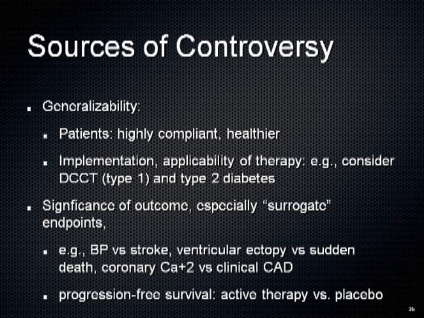The significance of the outcome, particularly surrogate endpoints. Everybody's impatient to get an answer. Therefore, we take shortcuts. The shortcuts use surrogate endpoints. The surrogate endpoints don't always work. For example, using control of blood pressure versus stroke. We're not doing it to control blood pressure. We're doing it to prevent stroke. They're not the same thing.